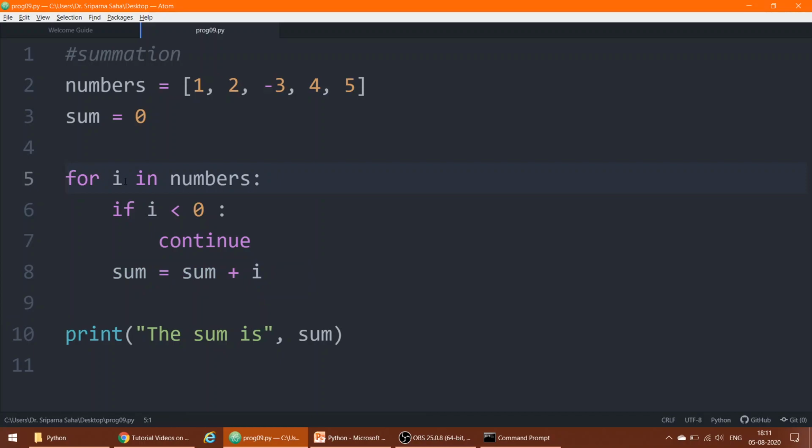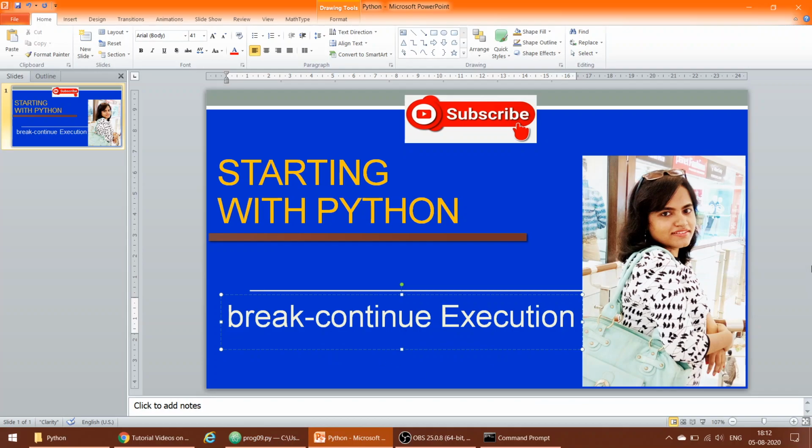So now for i equal to 4, it will be 3 plus 4, 7, then i is 5, so it becomes 12 now. That is how the continue statement works. If there is a continue, it will go to the starting position of the loop, and if there is a break statement, the break will stop the execution of that particular loop and go outside of that loop. So this is the difference between break and continue in writing code.